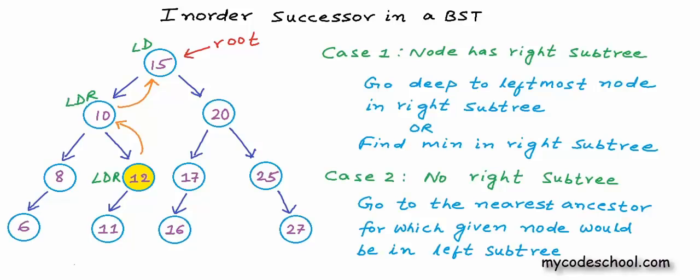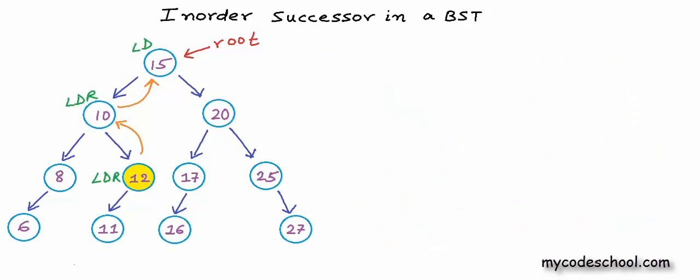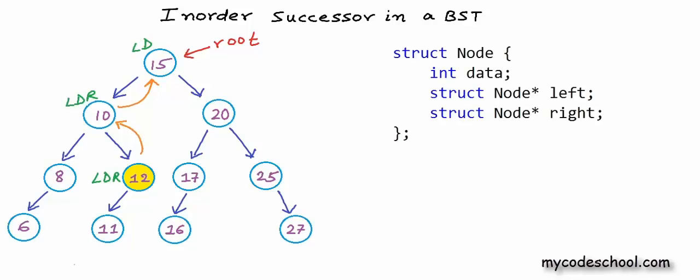This algorithm works fine, but there is an issue. How do we go from a node to its parent? Well, we can design our tree such that node can have reference to its parent. So far in most lessons we have defined node as a structure with 3 fields, something like this. This is how we would define node in C or C++. We have 1 field to store data, and we have 2 pointers to node to store reference or addresses of